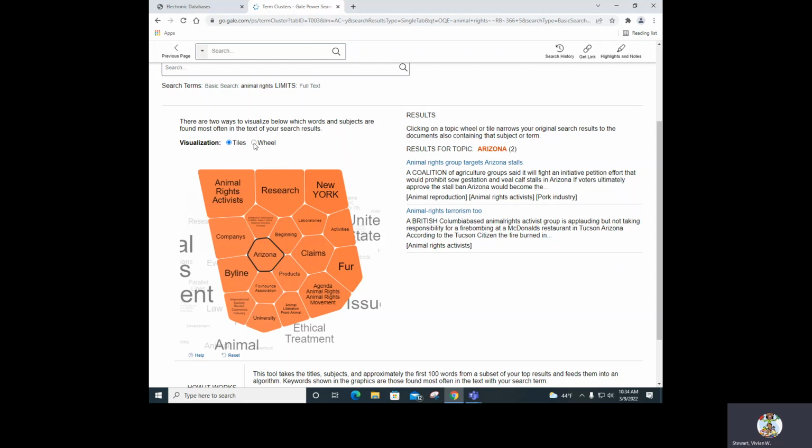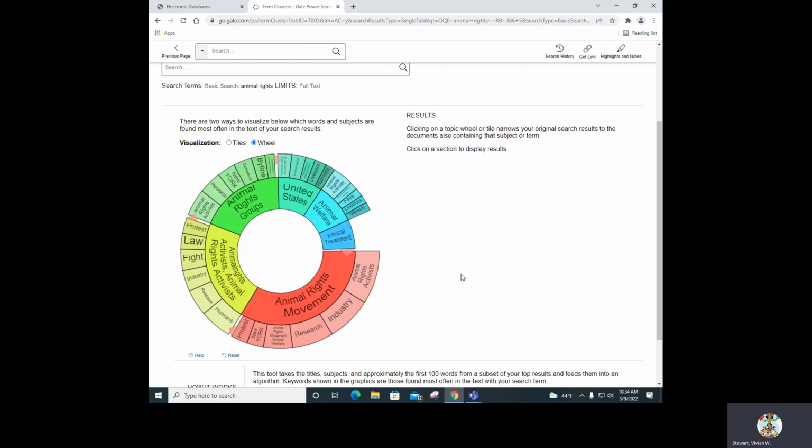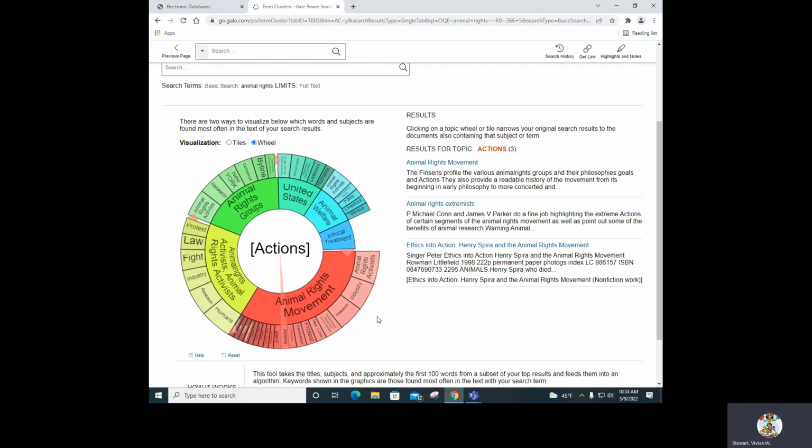Now let's change this over to a wheel. Now what is happening here, keep in mind, animal rights is right here in the center. And from there, I could easily go with the animal rights movements. I could do this one, animal rights groups. And even I could get very specific to do the outer rim here. Now, wherever you see this arrow, this allows you to expand it a little bit more, to bring some more topics. And even though it's kind of hard to see, let's say I want to deal with the actions, I can simply click on actions, and then it shows me articles that deal with the animal rights movements and then the various actions that have taken place.